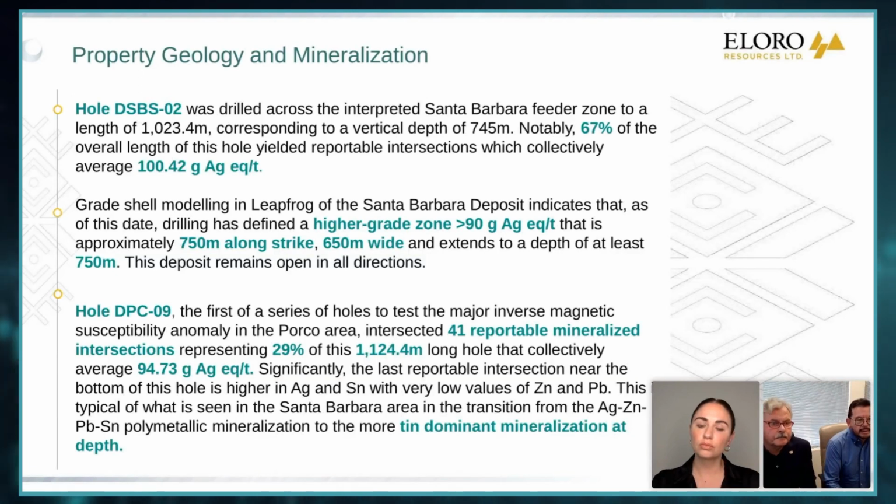but we can include also other sub-calderas, as we call them. They are additional to the main caldera and still are really important, and we have lots of time still to keep exploring and extending the system, especially to the south, where we have an important tin deposit. So we have important holes that were recently released. One is the DSBS-02 that was drilled